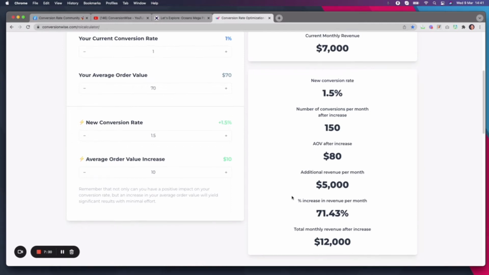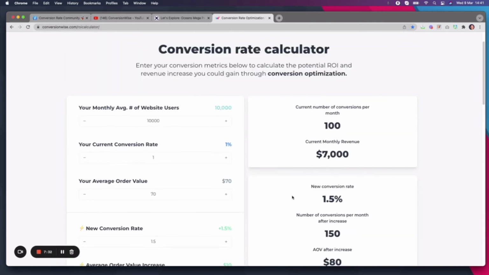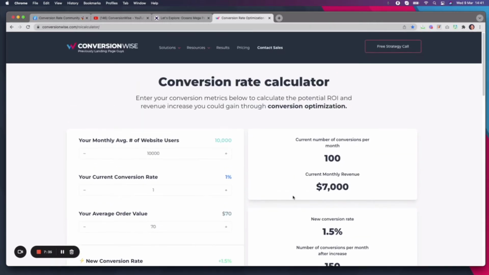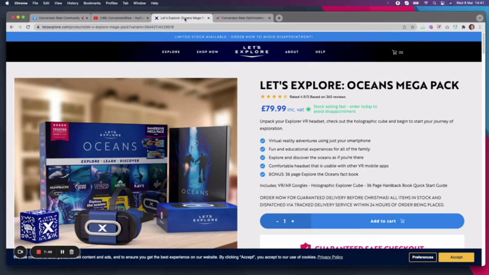Now, I know I just keep talking about the increase, but it is so incredibly important. So often we see people just saying, yep, we're going to scale our ads. And we're like, stop, guys, just stop and think about what you currently have and how you can optimize it. Now, let's just go back to some of these optimizations which can help you to increase your conversion rates.